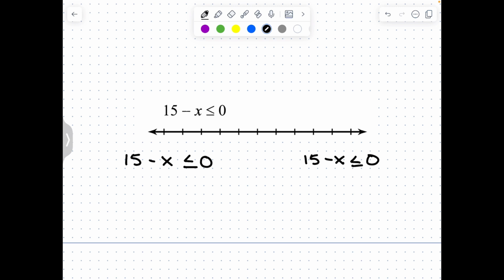So the first thing I'm going to do is the first thing that a lot of people do. They say, well, there's the x, so let's get rid of the 15. And it's positive 15, so we'll subtract. And then we have negative x being less than or equal to negative 15. And here's where we kind of get stuck if this is the way you've started it, because now we have a negative x, we need to just know x. But if you think about this as the opposite of x,